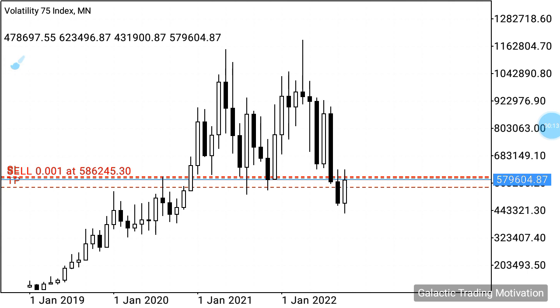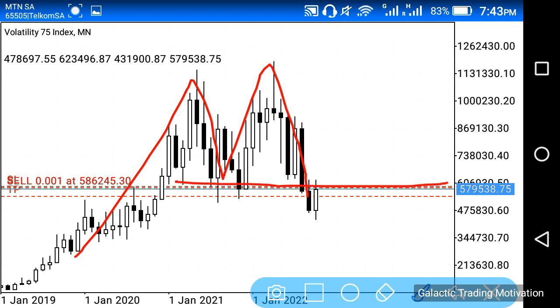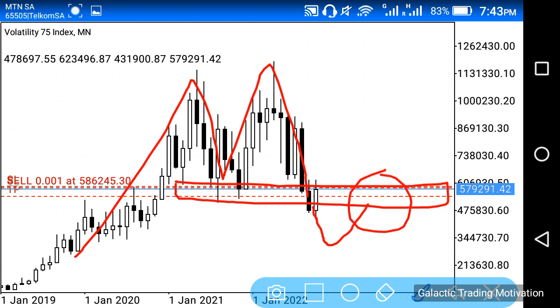And in regards to this particular monthly chart, I can see that we had this very nice M structure at this point, as you guys can see, and you can also see that the neckline of this M structure has been broken to the bottom side. And what we expect, or what I would love to see at this point in time, is for price to move further down and then come back to the neckline to test it. And at that neckline is where I would look for potential selling opportunities, and I believe that my first take